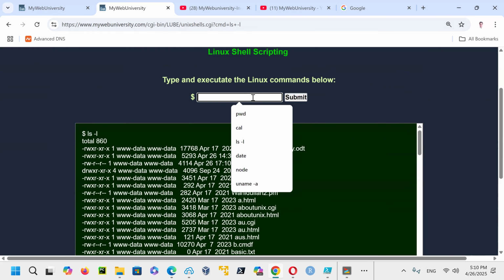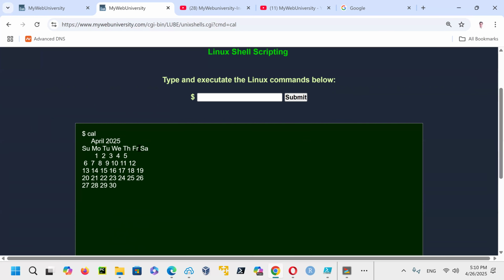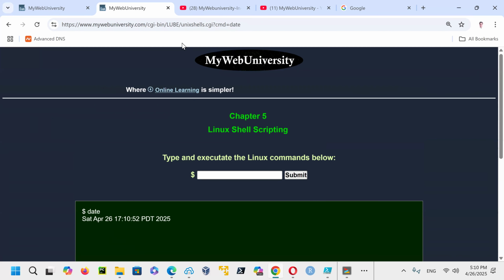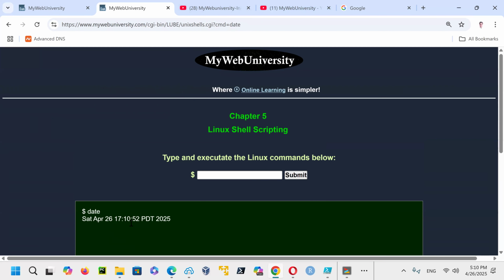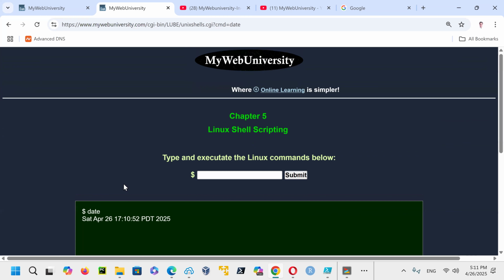If you type in cal, it will give you the current month, which is April now. If you type in date, it's giving you today's date, which is April 26, 17:10, so it's around 5:10 p.m. on 4/26. You can see that the time, everything is synced with my system because this is Pacific Standard Daylight Time.